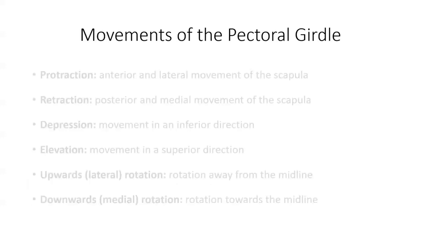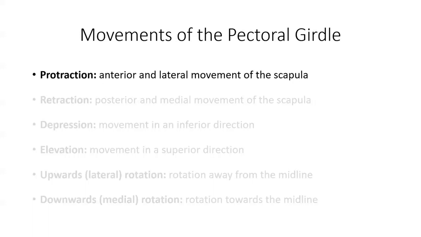So for the muscles of the pectoral girdle, which include muscles such as the trapezius muscles, rhomboids, and pectoralis minor, we describe the movements that these muscles create using the terms protraction and retraction, depression and elevation, and upwards or lateral rotation, and downwards or medial rotation. Now we will go over these in more detail in class, as you really do need a live demonstration, but